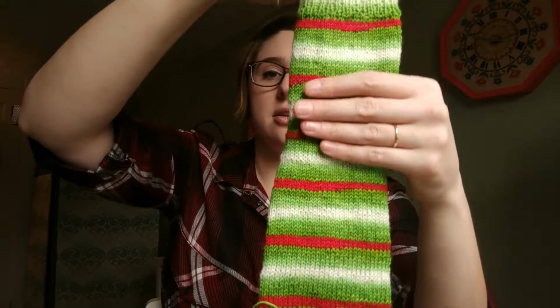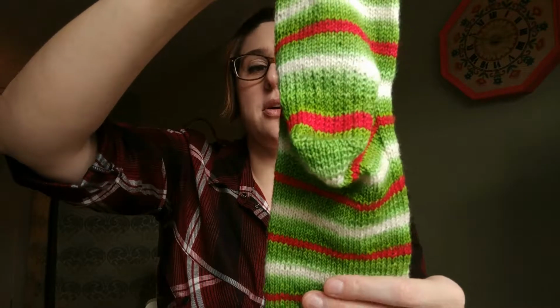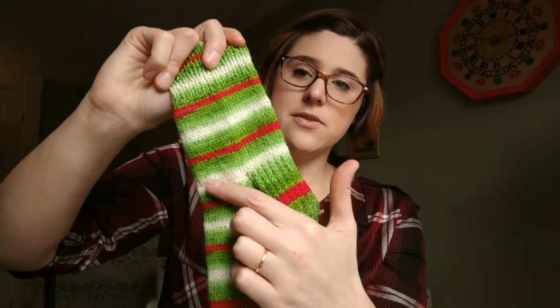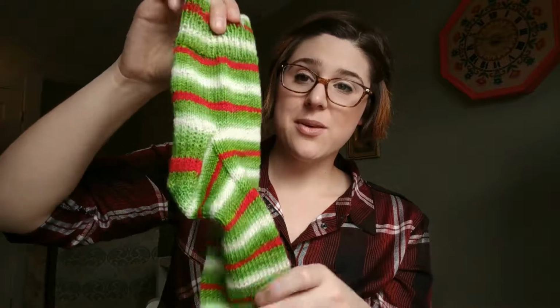It's almost like a Grinch green, which is really fun and not your typical sort of evergreen for Christmas. And this part right here gave me a little bit of trouble. I had to do some matching up of the self-striping. And now I'm having the same issue on the second one, but other than that, it was a breeze to